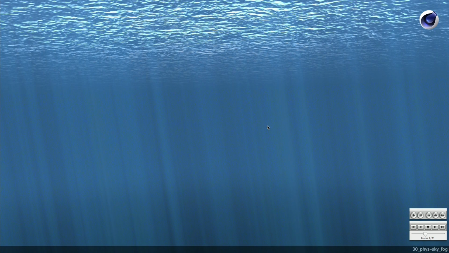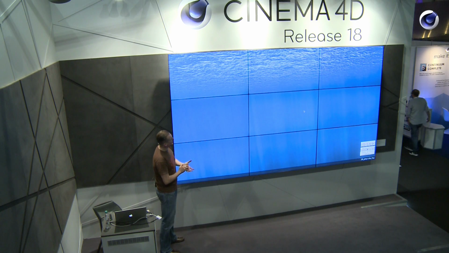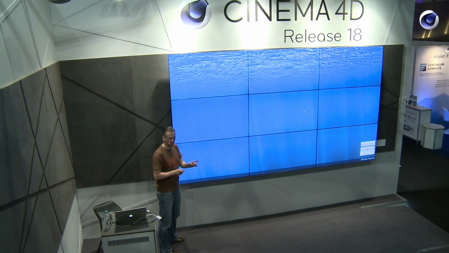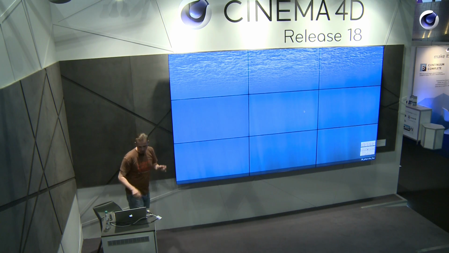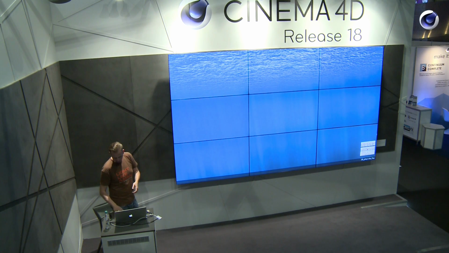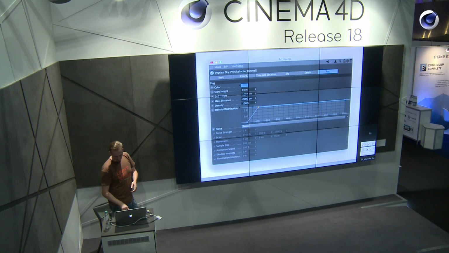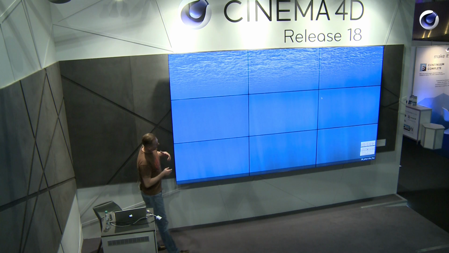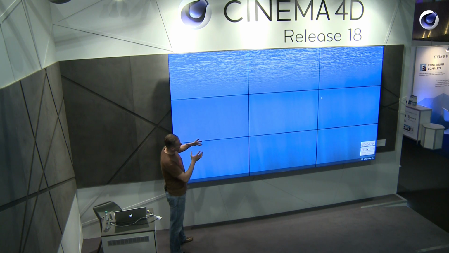Here we have something really foggy. And this is a part of the Cinema 4D object physical sky, a component of the physical sky often overseen, flying under the radar. It's called the fog. And the fog can be activated in the basic tab of the physical sky, and it allows you to define some real foggy